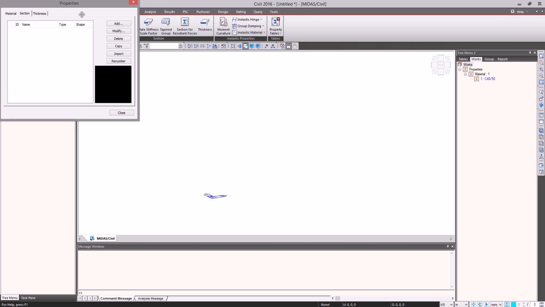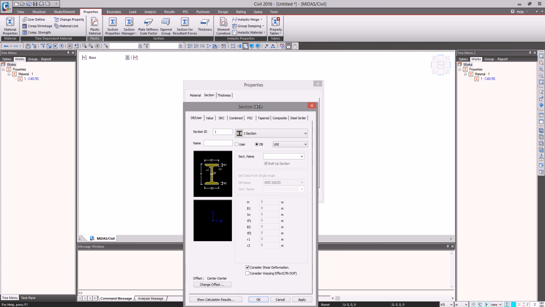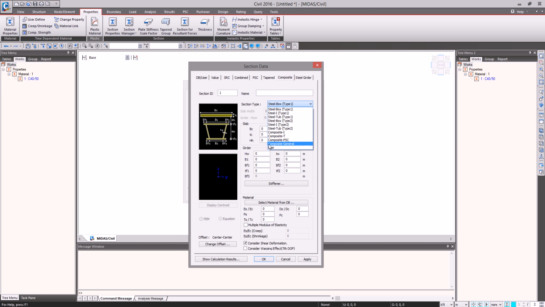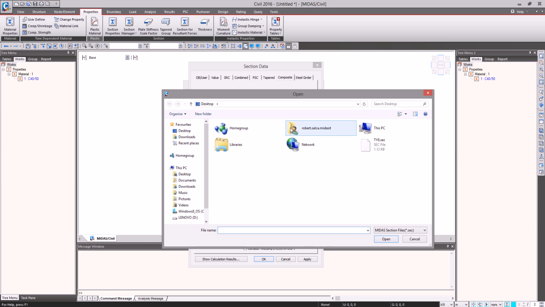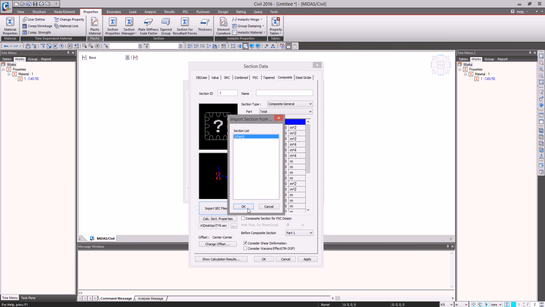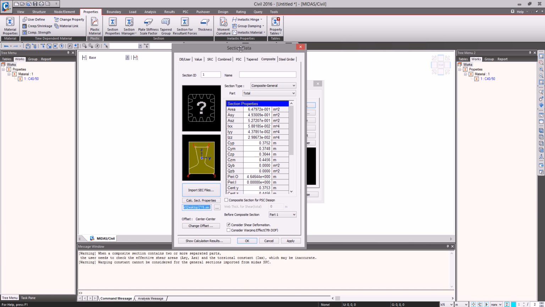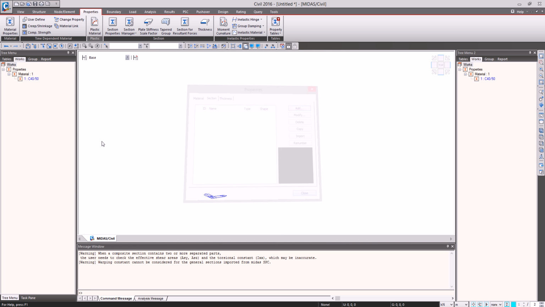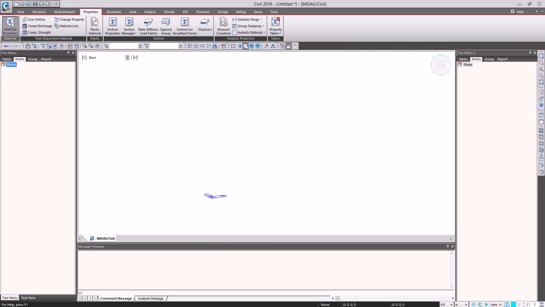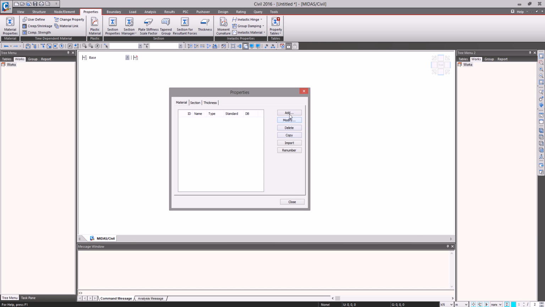go into Midas Civil, choose a composite section, composite general, and import it. And now we have the section imported into Midas Civil. We just need to assign a name, and that's all. For this model I'm using a large number of materials and sections, and so I will just import these from an existing model. So let me first import the